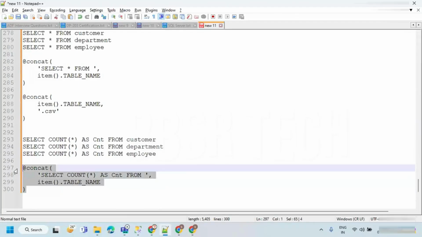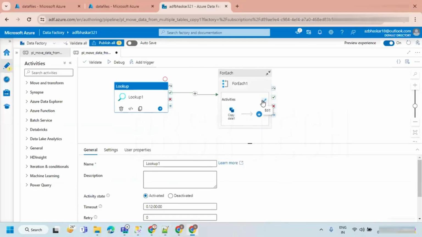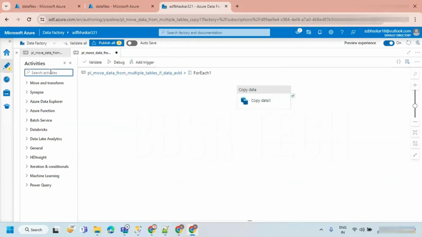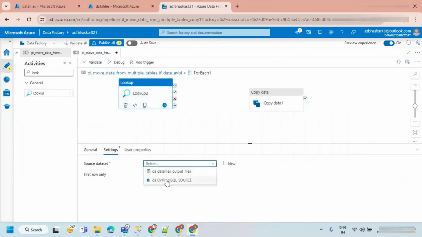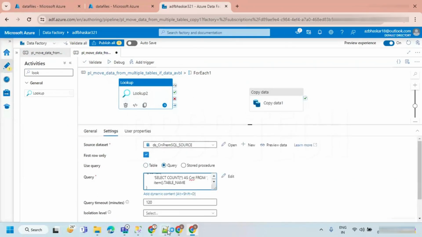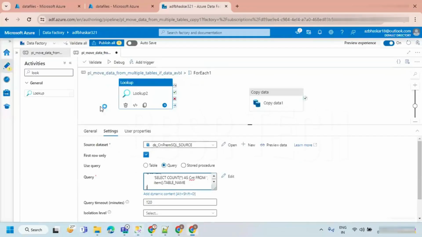Let's take this copy. Where do you want to execute it? This one you have to execute in the lookup activity. Let's go inside the for each. First it will take a table. Before doing the copy, we have to do a lookup activity again. So lookup 2 we have to execute. That lookup 2 is also asking for a data set, the same source data set. And I'm going to take the query and paste it. When I execute this query, how many records is it returning? Only a single record. It is 100% a single row only, so because of that reason, you can use first row only.